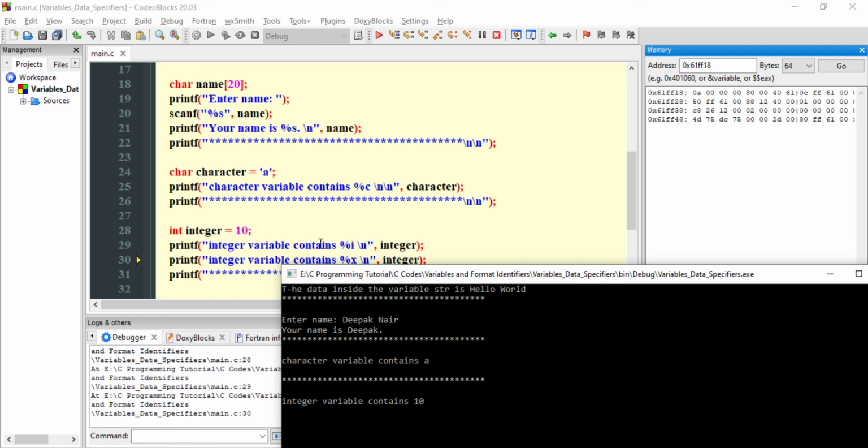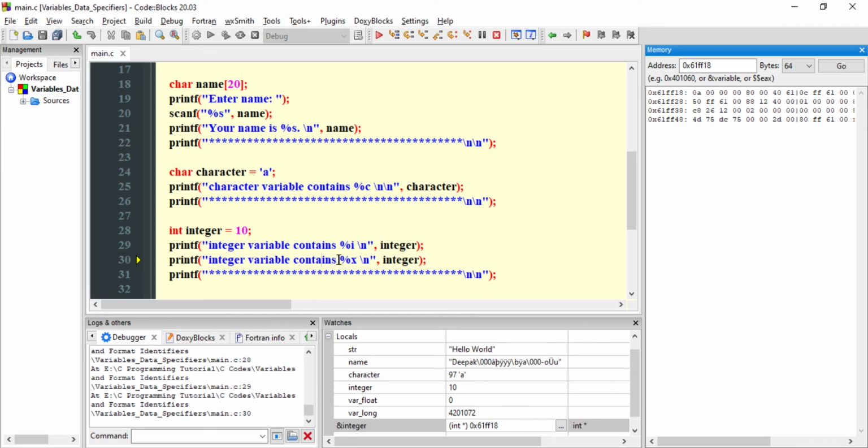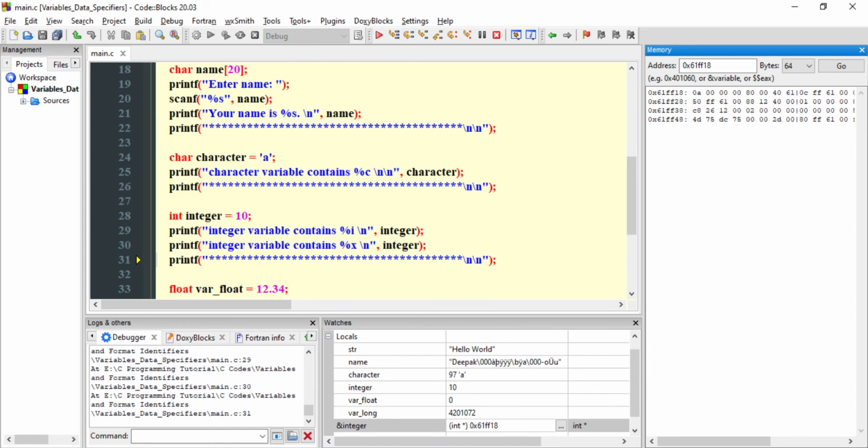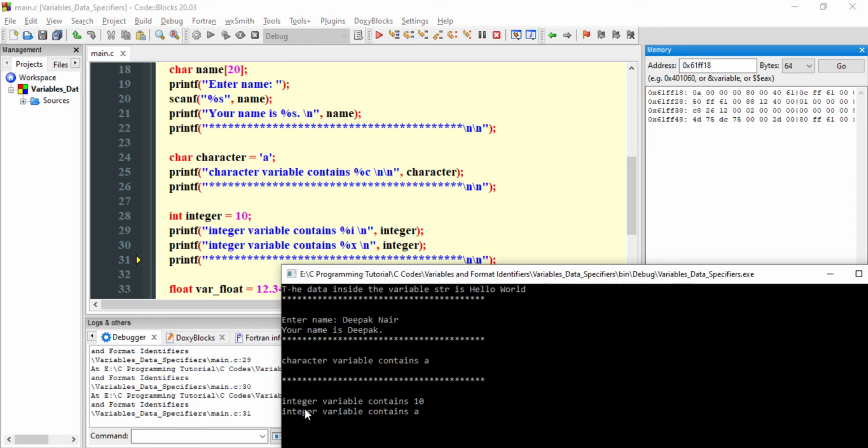Now if I change the data specifier, for example, here we have changed the data specifier to %x. So integer is our variable, but we are changing the data specifier. So it's changed the type of representation. So it will represent the number here in hexadecimal. Let us check next line, and then we can see here integer variable contains a.